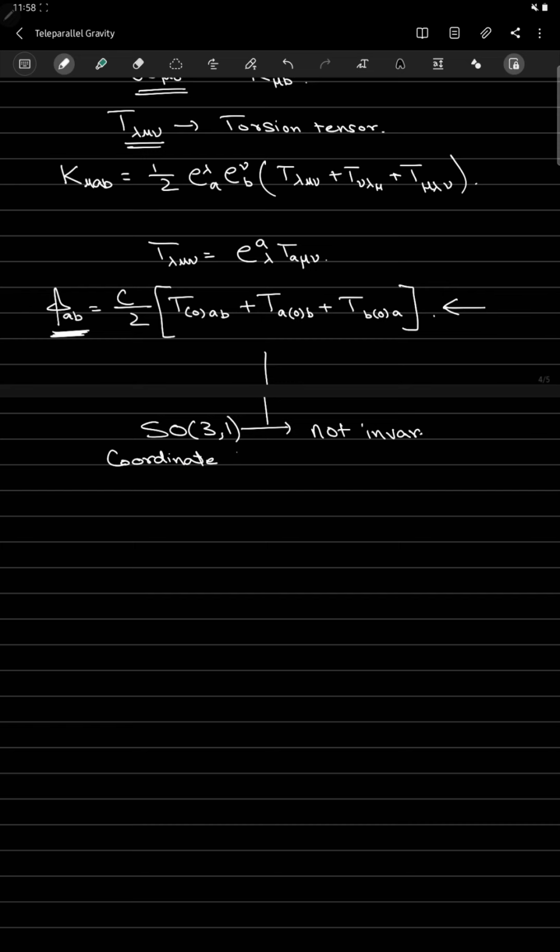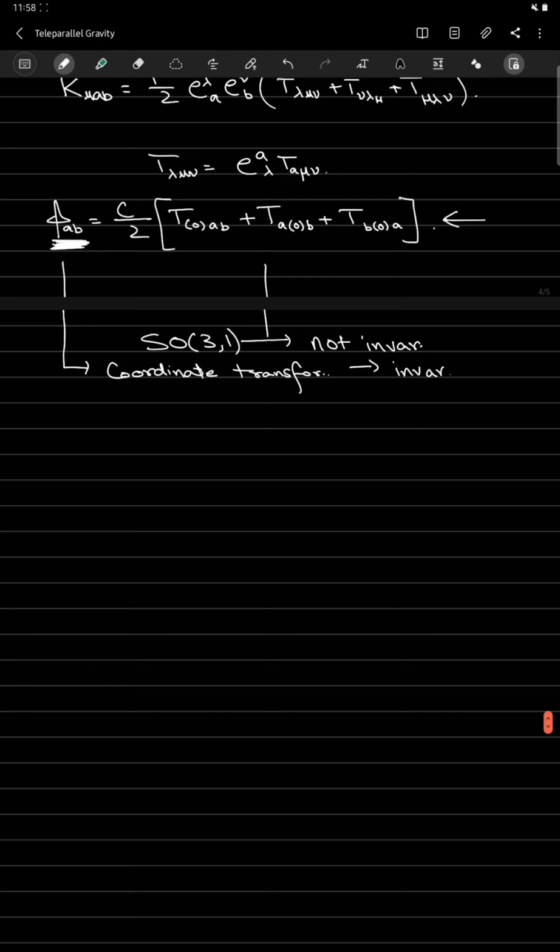Also, the values of this field phi AB for a specific tetrad field can be used to characterize the frame, right? And so we can interpret this phi AB as the inertial acceleration along the trajectory x mu of tau,